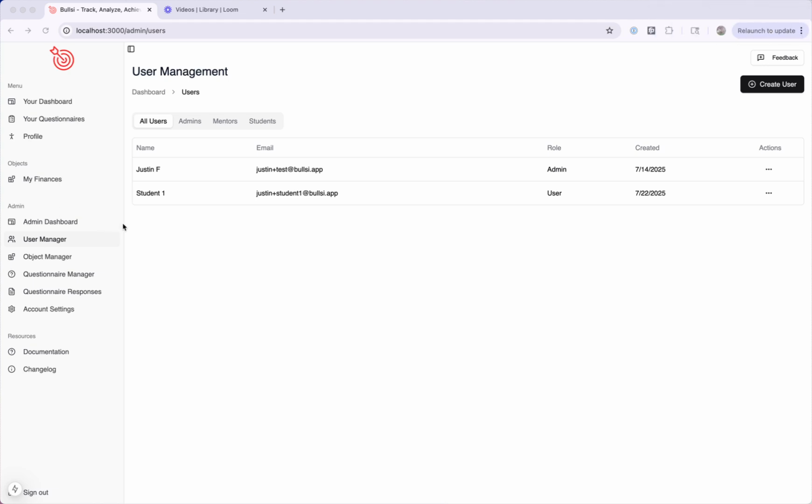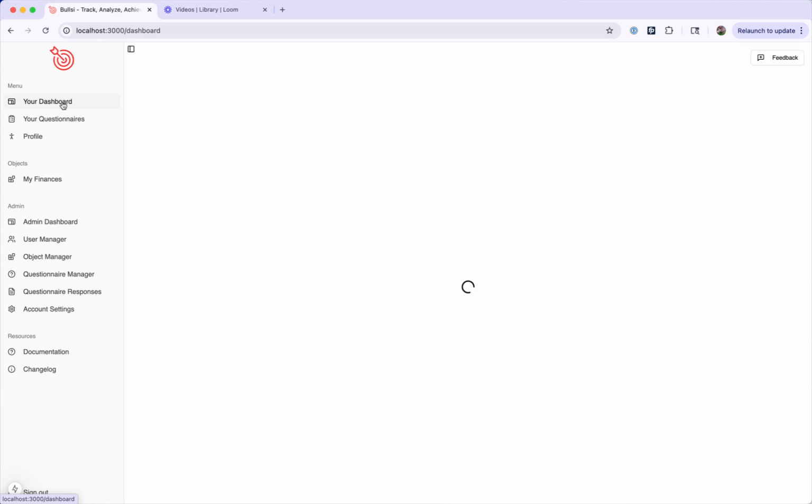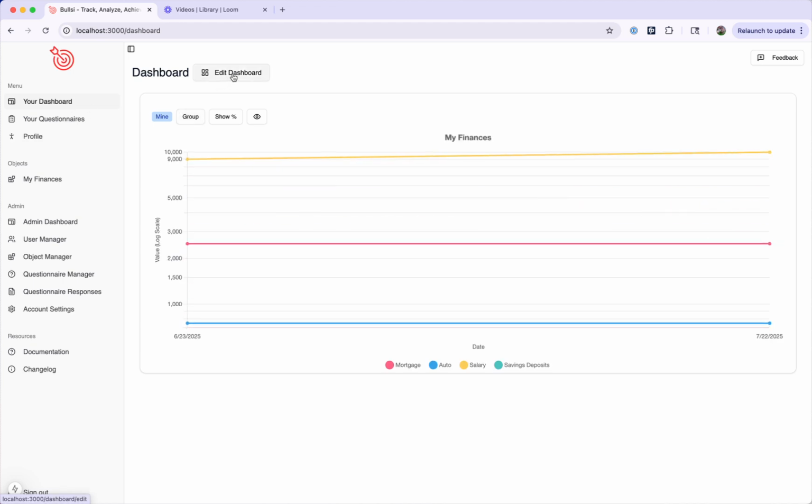Now, what can you do with that as an admin or a mentor of that particular student? So let's say me, Justin F here, this is my admin account that we're logged in with, wants to see what student one is logging. So I can go into the user manager as I am now and click on the particular areas here and be able to edit their info, but really what I'm focusing on is their logging. So I'm going to go back to the dashboard right quick, and now what you'll notice is I have access to something else. So what I can do is go over to my edit dashboard,